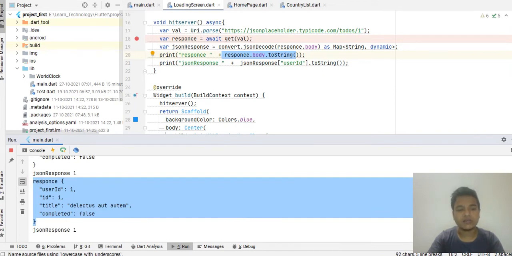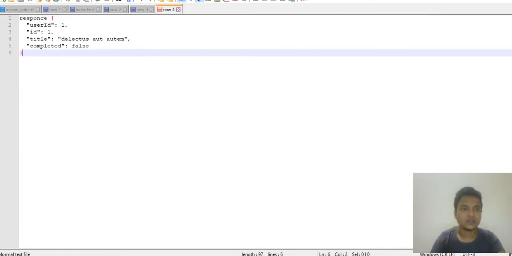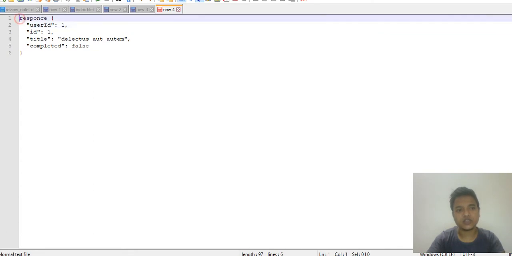So what will happen, let me open my notepad. Here you can see it's not JSON data, it's completely a string, a full string from here to here.